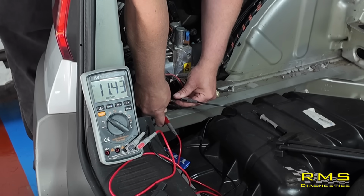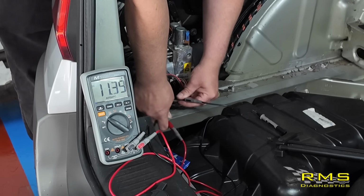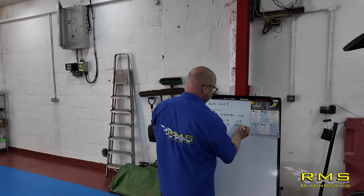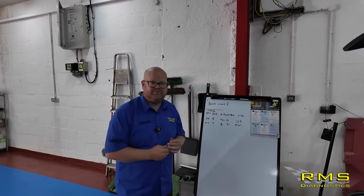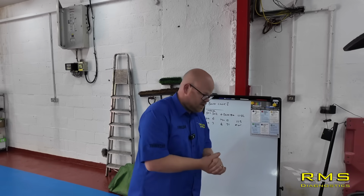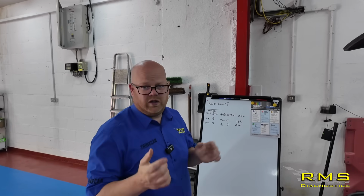11.45 again, so the earth is showing okay, and the earth is 0 volts, so we are good. Next we're going to check, all we know is that we've got the voltage to the back of the pins,